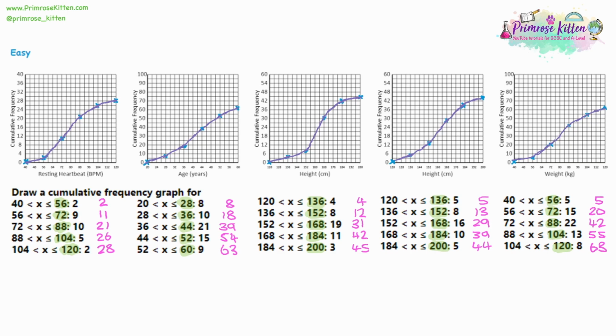The final thing to notice is that these are different to line graphs, and they're different to scatter diagrams. In a line graph, you would not plot cumulative frequency, you'd plot normal frequency like we did at the start, and you'd plot with a straight line, which is the first question I did when I did the intentional wrong answer to show you common mistakes. The other thing to avoid is a scatter diagram, and you're not drawing a single straight line through as a line of best fit. It's not a scatter diagram. For cumulative frequency, you have to plot the cumulative frequency, which is the running total as you go through, and you have to plot a curve.